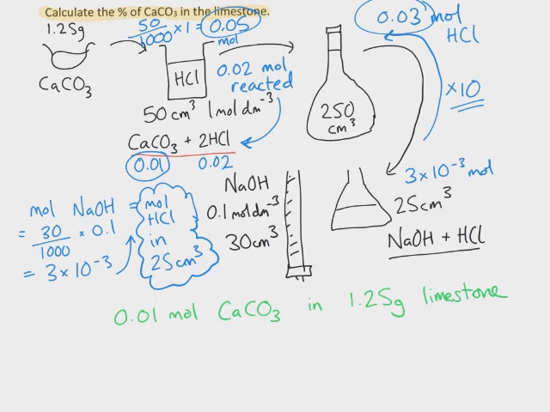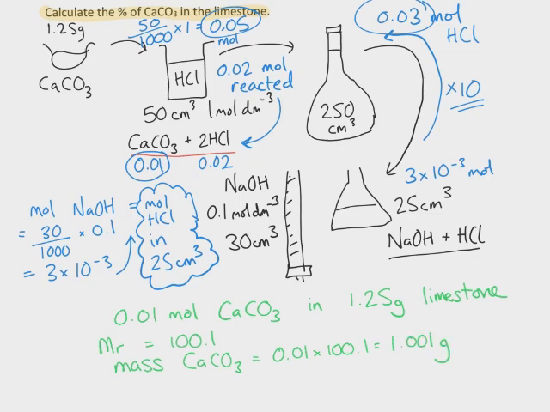So I'm now going to work out the percentage by mass. If I'm going to do anything involving mass, then I need to work out the Mr, which is 100.1, and then my mass is therefore going to be my number of moles multiplied by the mass of 1 mole, which is going to give me